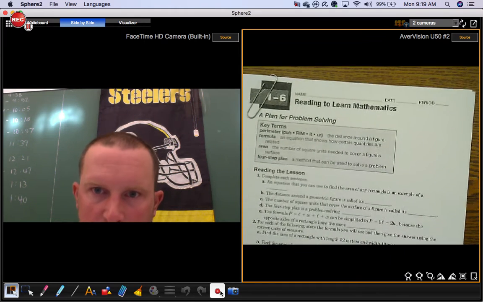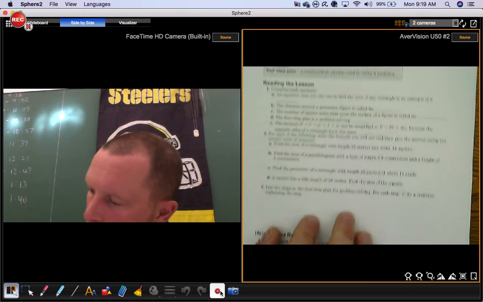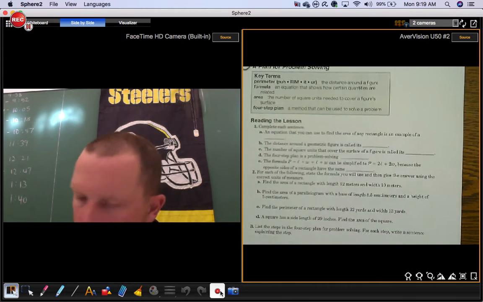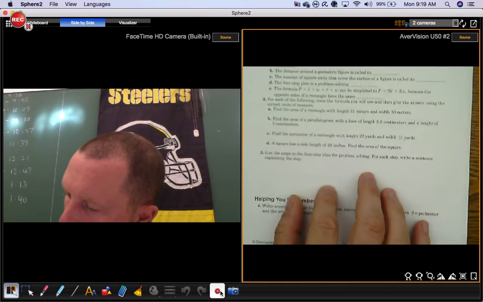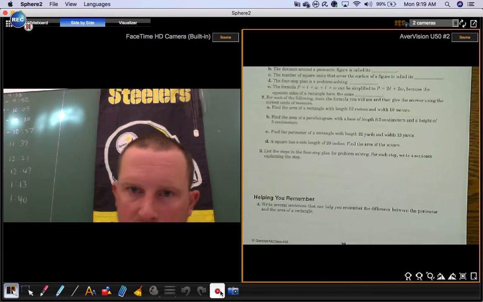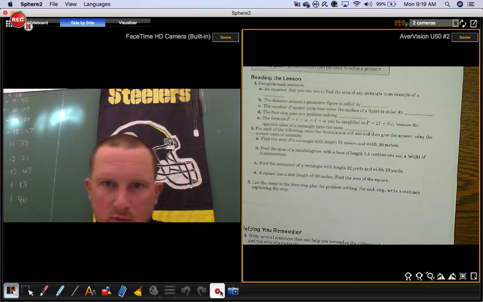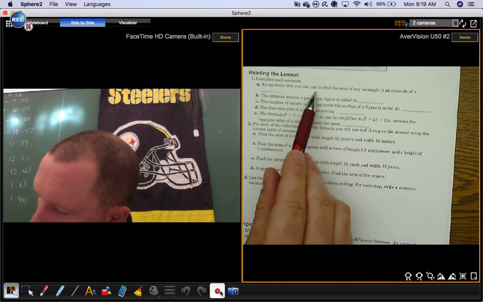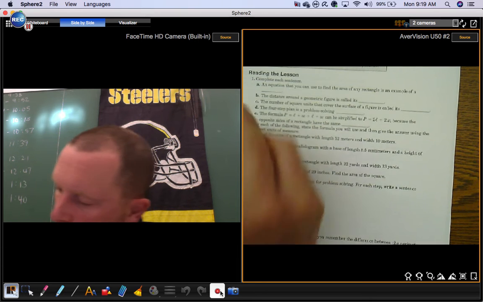This is section 1.6, reading to learn mathematics. They have some key terms up here, and they ask you to just fill in some blanks for reading the lesson. So complete each sentence. An equation that you can use to find the area of any rectangle is an example